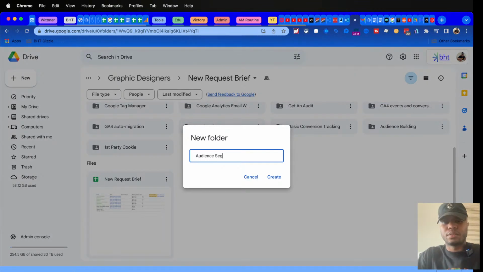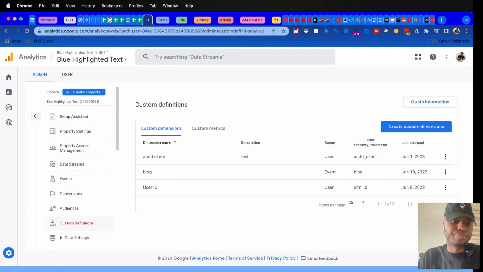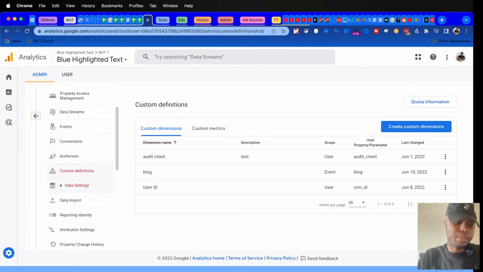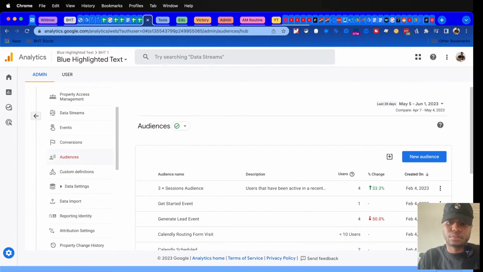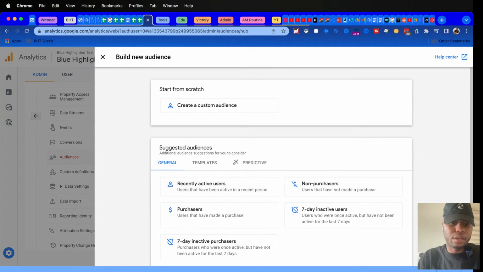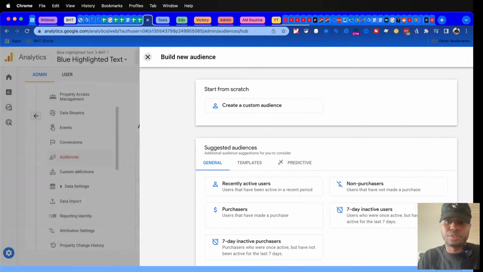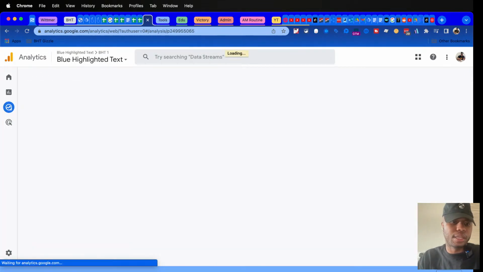Audience segment, exploration, reports. Yeah, something like that. If I'm being honest, I don't even really rock with it that heavy. I'm always interested in figuring out the difference on segments, and I'm going to get that in the Explorer